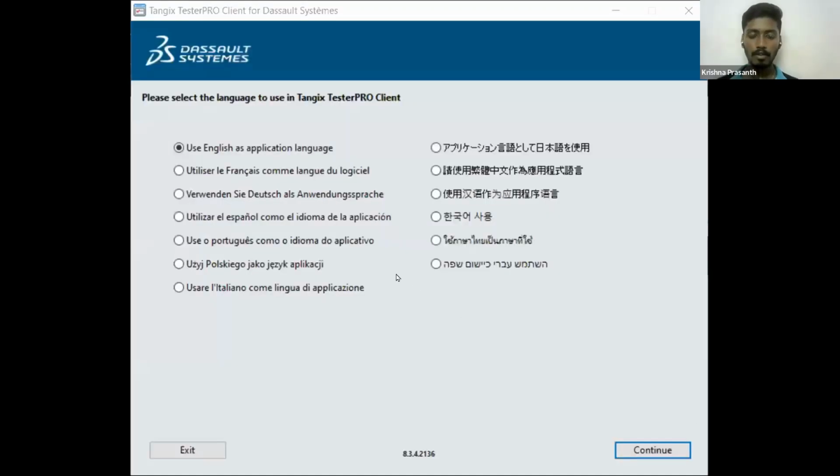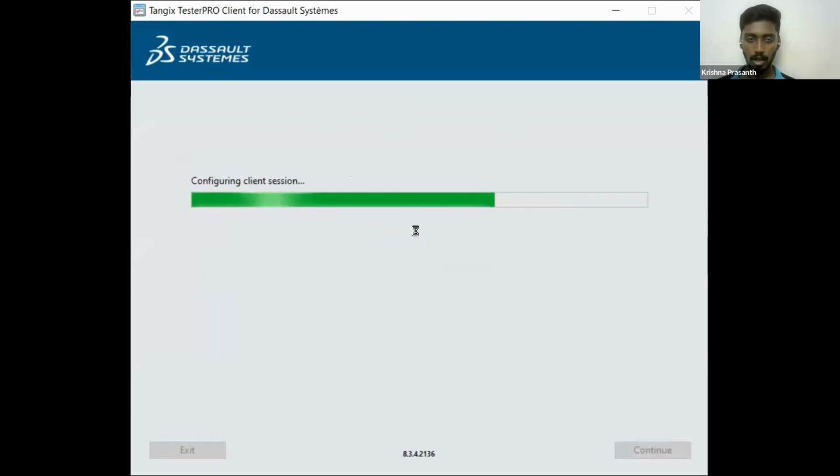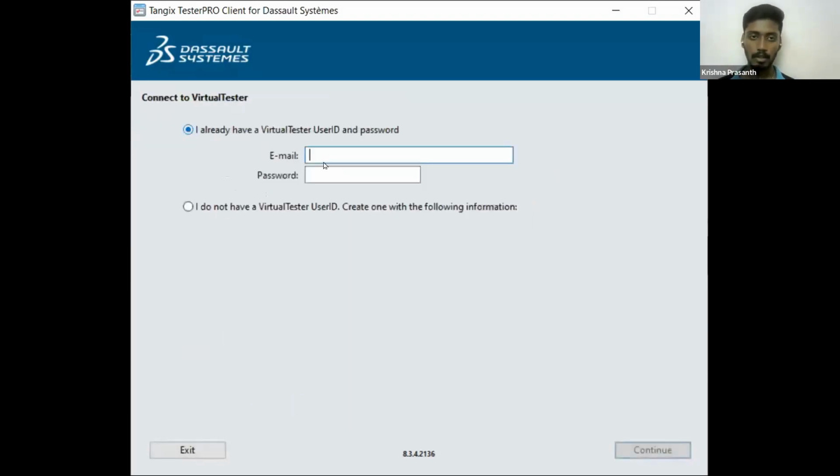This is the first screen after installation. You need to check the language in which you will be using it. After connecting to the server, I will provide the data with which I will be working, like my email ID.